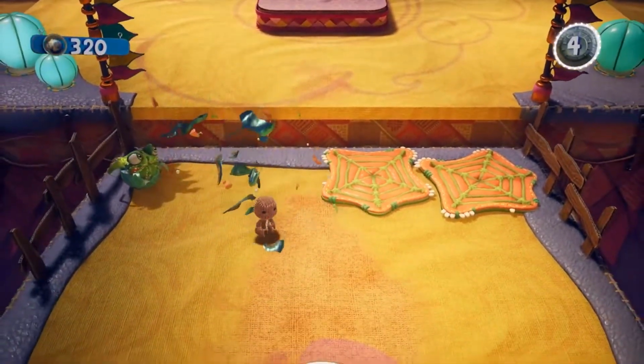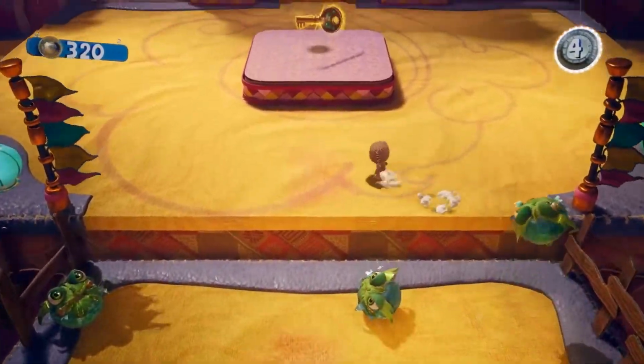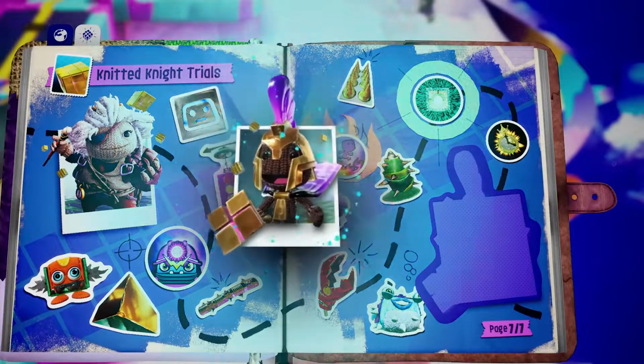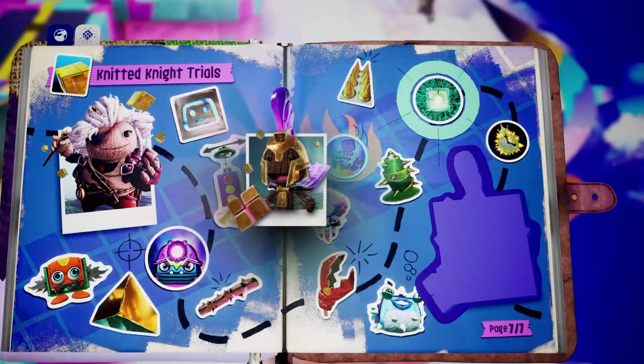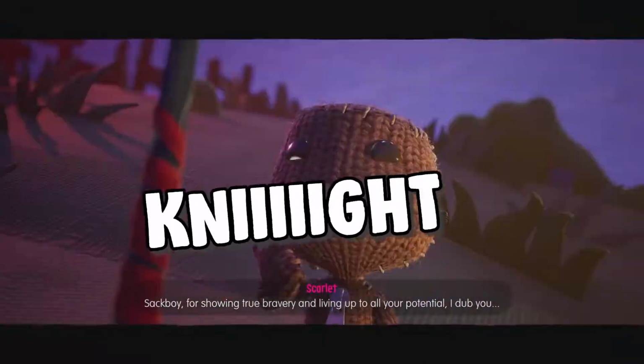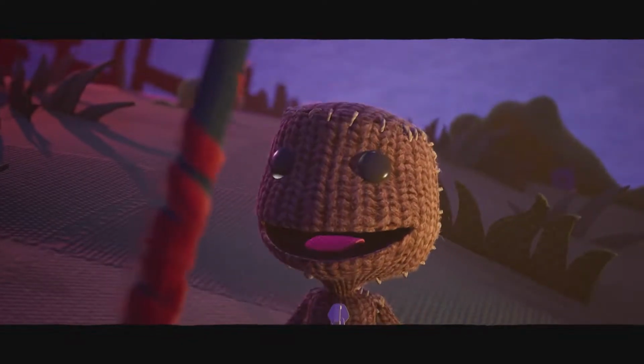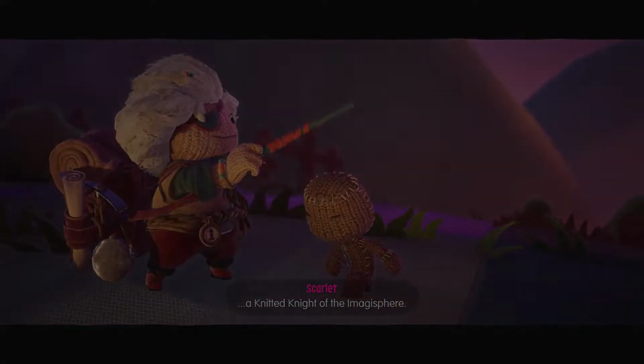I spent hours beating the hardest levels this game had to offer, and I get a costume. Oh, well, I guess you get some extra little stickers to fill out this little booklet, but come on, we all know what we wanted here. A special cutscene of Sackboy getting appointed an official knight with a full ceremony. It's all anybody's ever wanted, though I suppose these stickers are good for someone interested in the collectibles of this